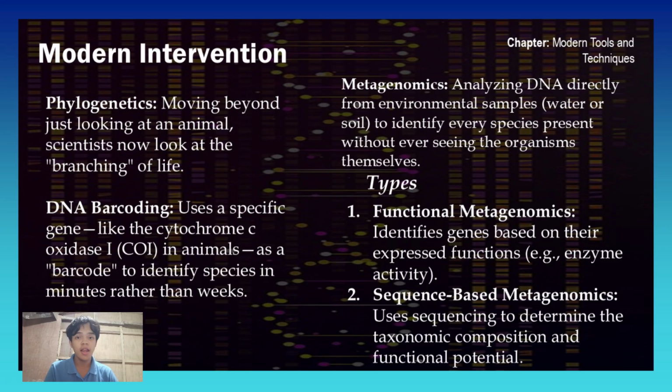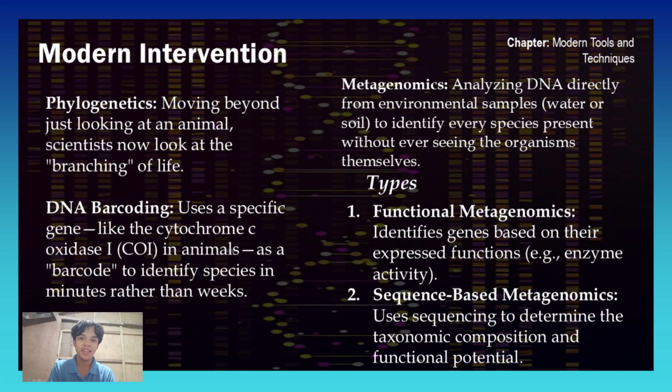So, modern taxonomy has moved beyond just looking at physical traits to incorporate phylogenetics, which studies the branching of life. DNA barcoding uses specific genes like COI in animals to identify species in minutes. Metagenomics allows for the analysis of DNA directly from environmental samples like water or soil to identify species without ever seeing them. This includes functional metagenomics, which is identifying genes by composition, and sequence-based metagenomics, determining taxonomic composition. These tools are currently being used to discover thousands of new microbial species in the human gut and extreme environments